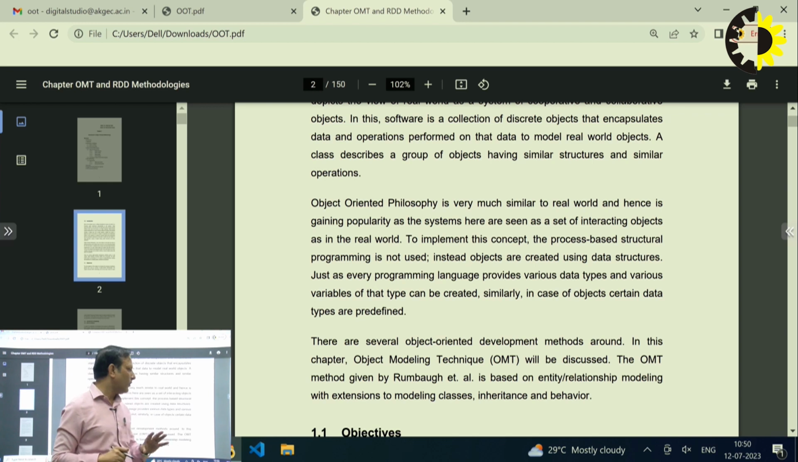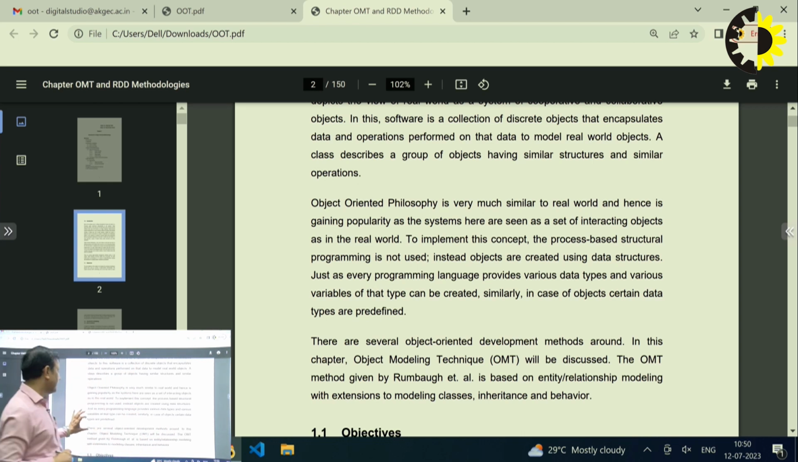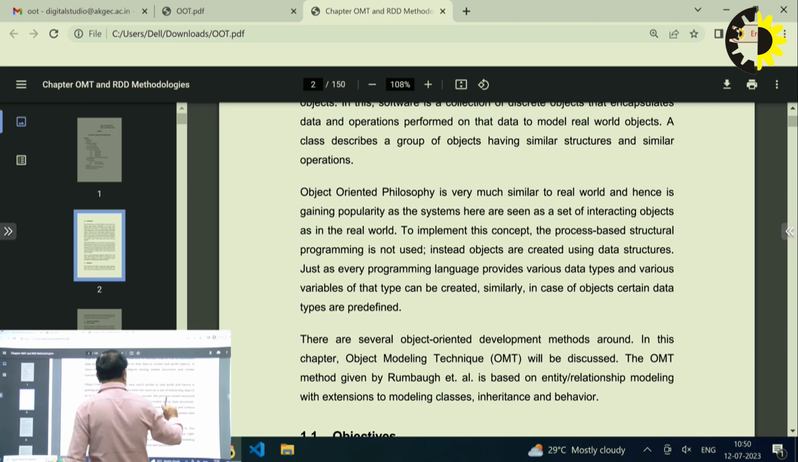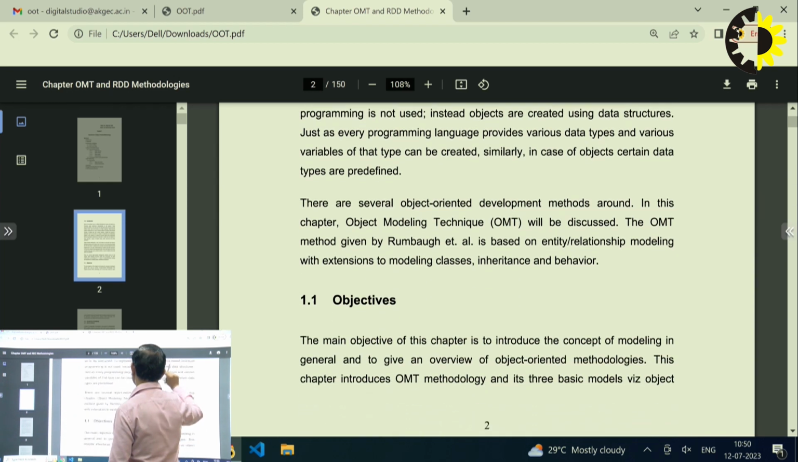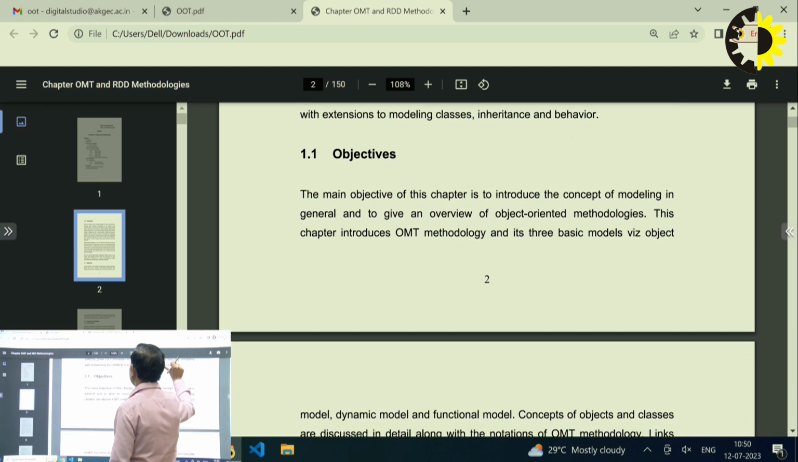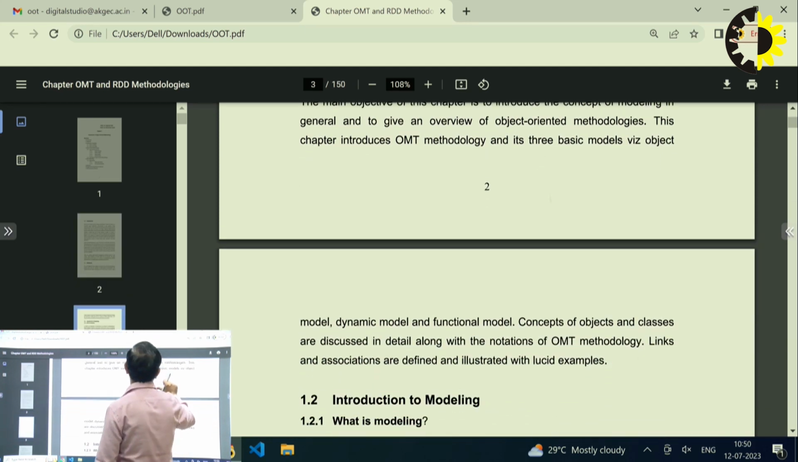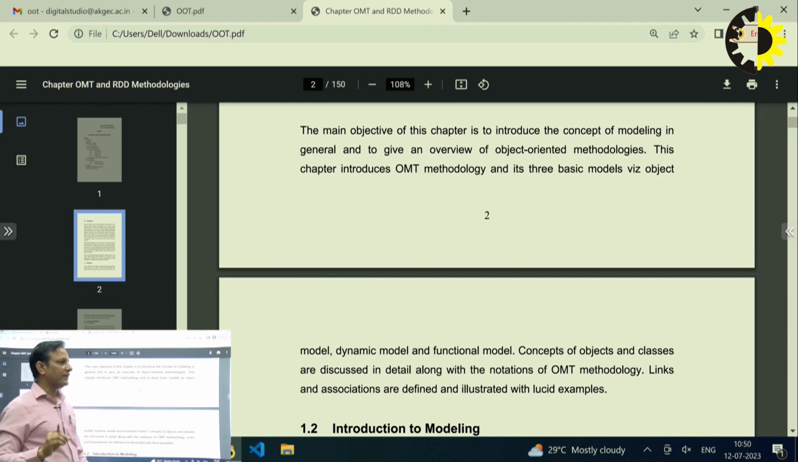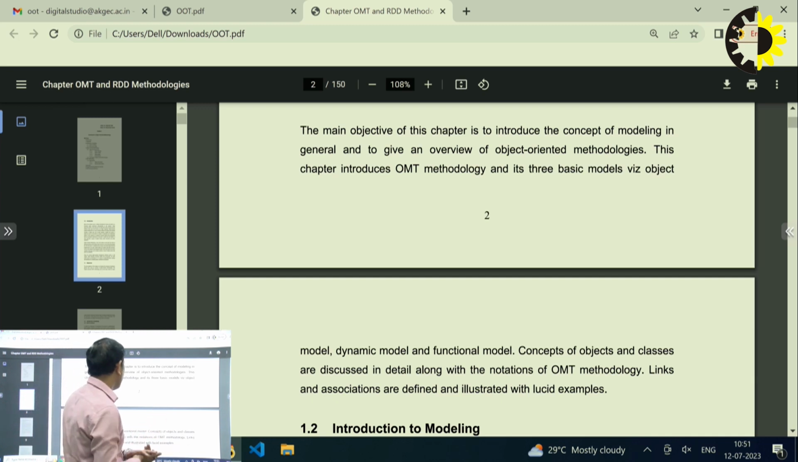Similarly, in case of object orientation, there are several object-oriented development methods around. In this chapter, the OMT will be discussed, and the methods by Rumbaugh, etc. all can be modeled with extensions to model the classes, inheritance and behavior. So the objective of this chapter is to introduce the concept of modeling in general and to give an overview of object-oriented methodology. This chapter basically introduces OMT methodology and its three basic model ways, जिसको हम कहते हैं object model, dynamic model and functional model. So the concepts of objects and class are discussed. Okay,